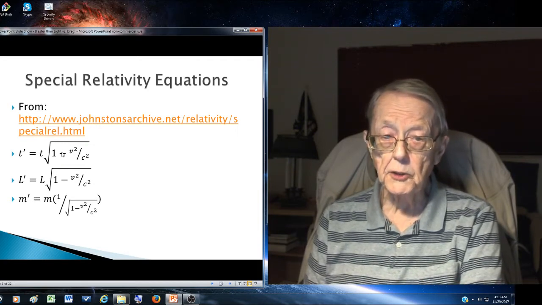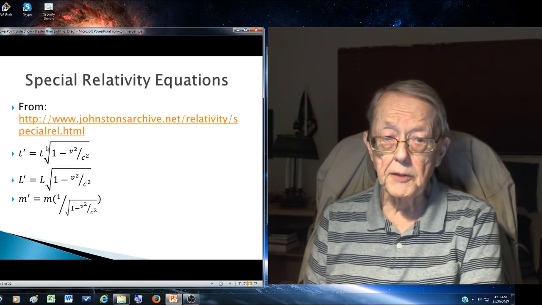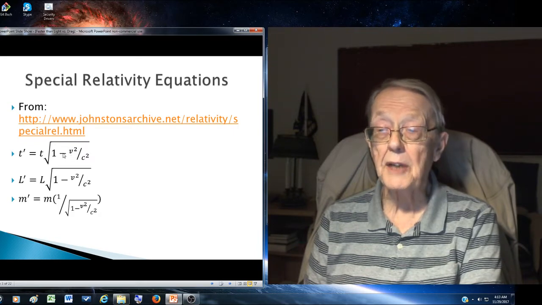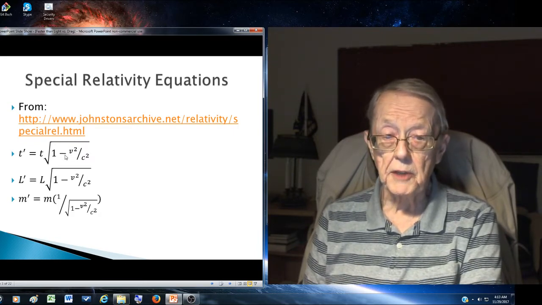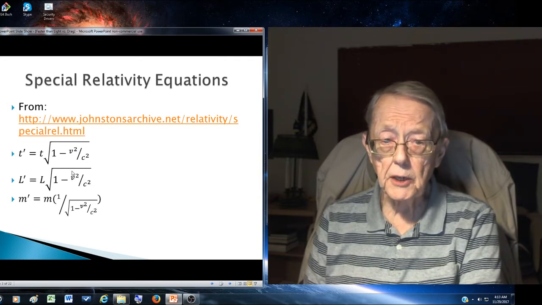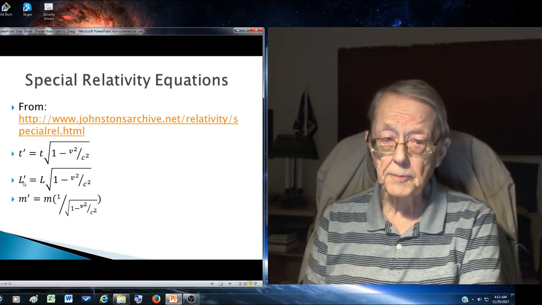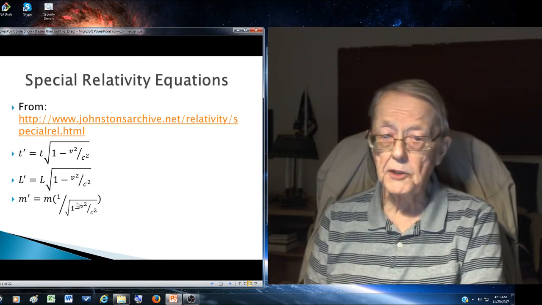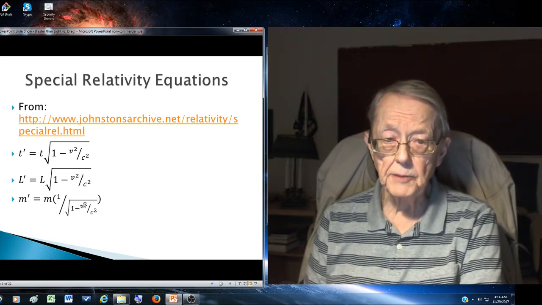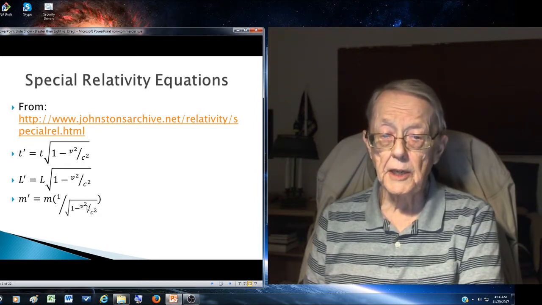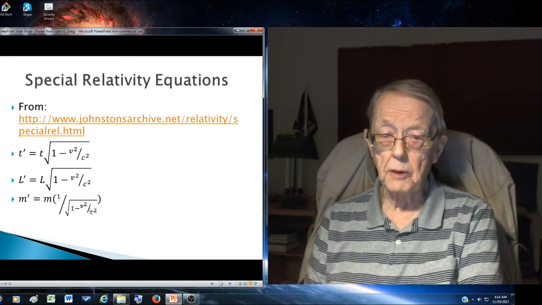So as your speed increases, regular time changes, it gets slower and slower until time stops. It's called time dilation. You've got the same effect on length. In an object, the faster an object goes, the closer this term goes to 0, length goes to 0. By the way, this is length contraction. And then mass is different. Mass is different because it uses the same term, but it's in the denominator, such that as this term goes to 0,